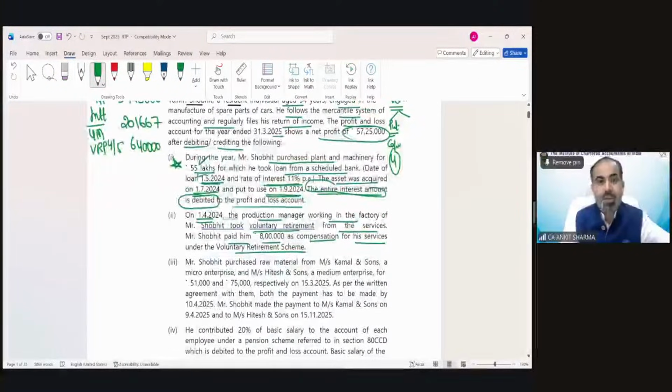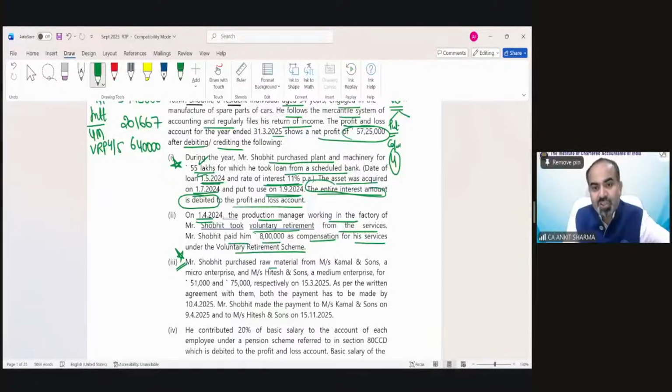Next is the third point. It is again a very, very interesting and important point. It's a very good question. I don't believe that this kind of question would be asked in the examination, but yes, some part of this question can be asked, because it is a huge question. You need at least 40 minutes to solve it. You need to solve at least 25 to 35 points in this kind of question because of a lot of information. So this question is very important for practice, because there are so many good points in it.